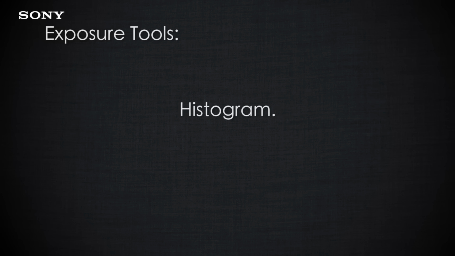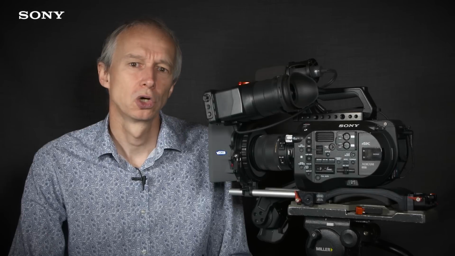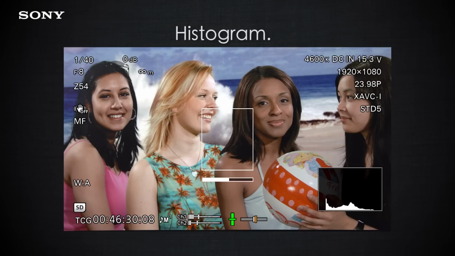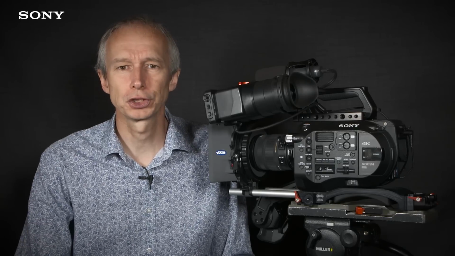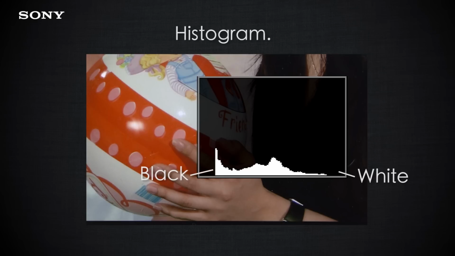The histogram will be very familiar to most photographers. It measures exposure on a left to right scale, with the left side being black and the right side being the peak white recording level. As well as the left to right function, there is also an up and down function. The taller the spikes and peaks on the histogram, the greater percentage of the image is exposed at that particular